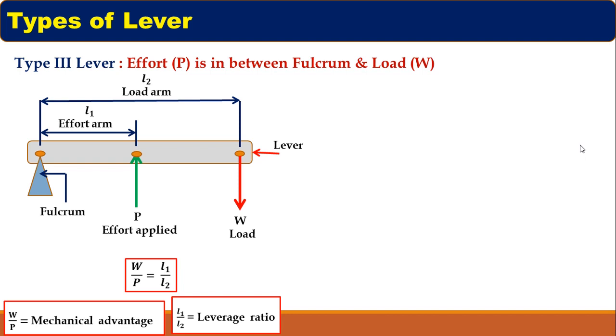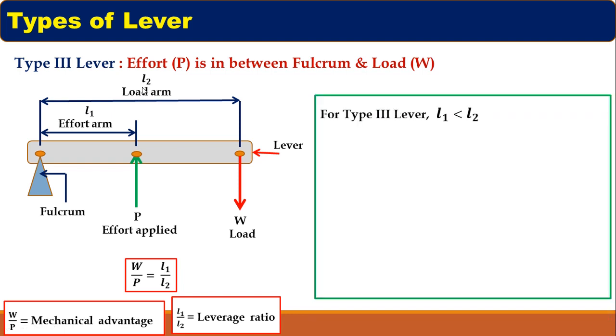Now the last is type 3 lever. In the type 3 lever, effort P is in between fulcrum and load. So this is the fulcrum, this is the load, and this is the effort P, which is in between this fulcrum and load. Now in this case, the effort arm is smaller as compared to the load arm, and thus we can say that for type 3 lever, L1 is less than L2, which causes this ratio W upon P equal to L1 upon L2 to be less than 1, because L1 is smaller, the numerator is smaller, so this ratio has to be